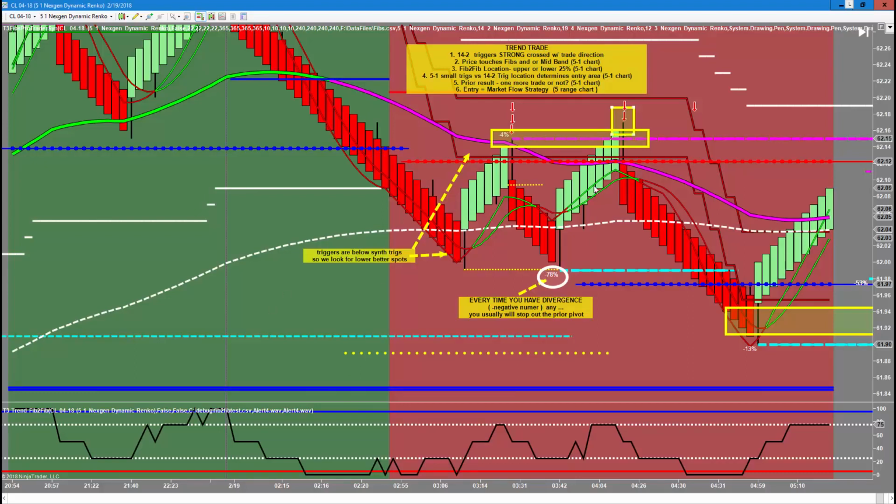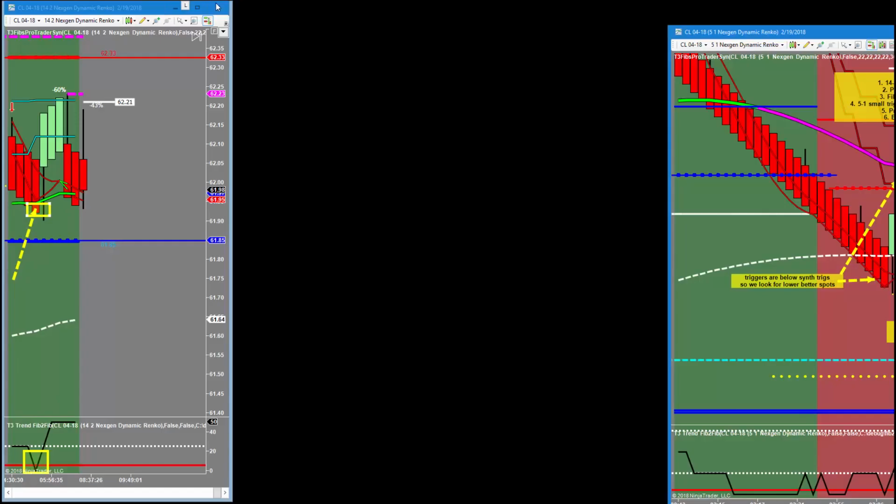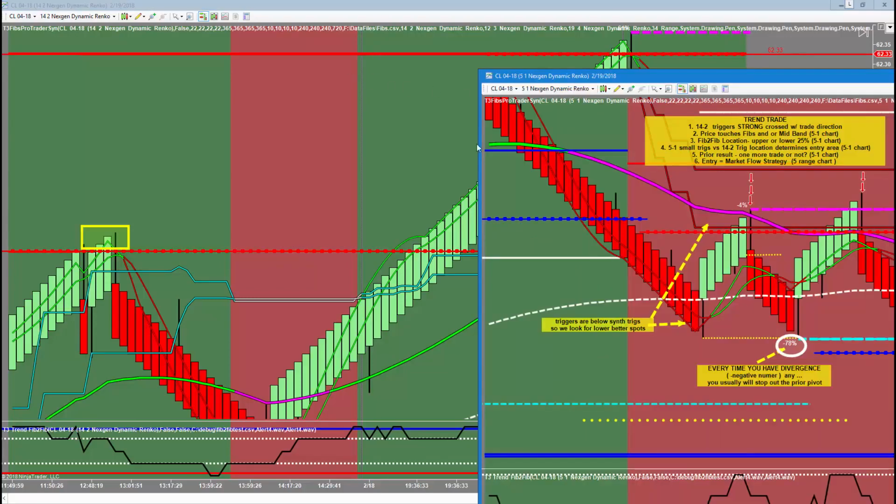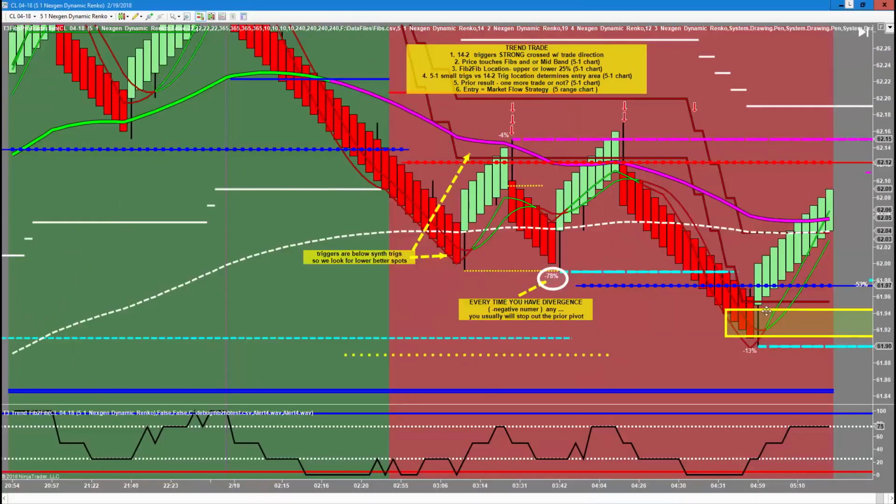Now, the other thing that we are talking about is, when do I stop doing trend trades? And again, this is where the 14-2 chart comes in and where we started out our lesson, which is if you hit the mid-band and it's all green and your triggers are up, it's going to bounce. So where this box is represented on our smaller chart is right here. Let me blow it up for you, right here. Now, if you ignore,